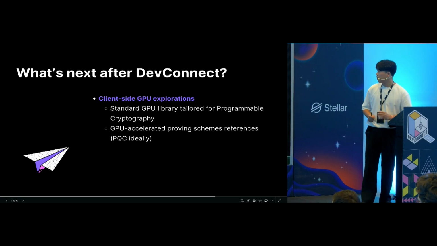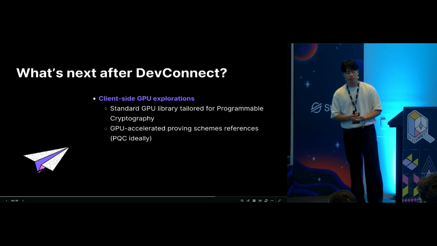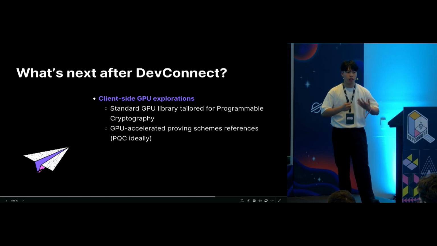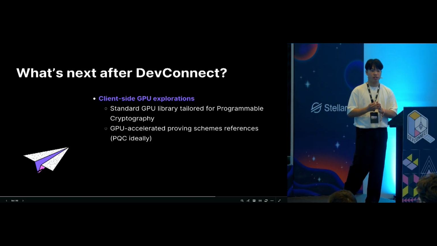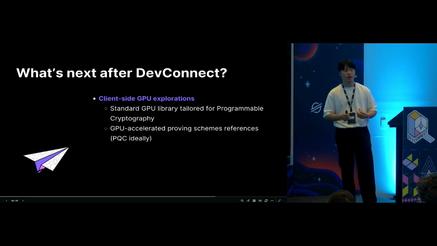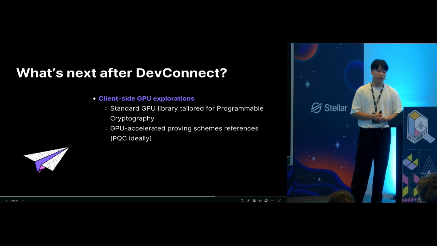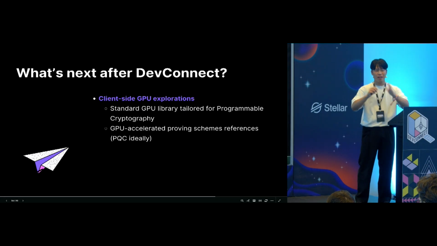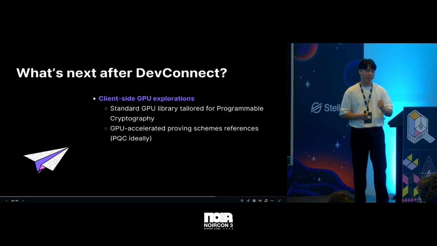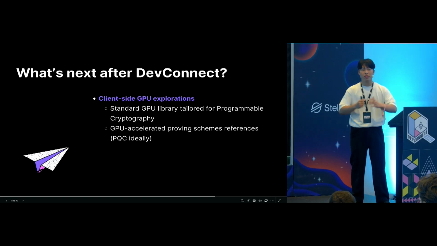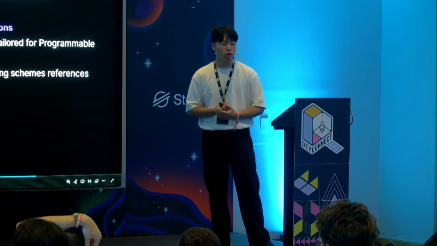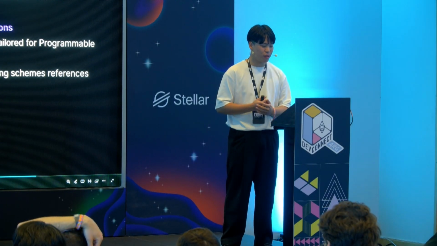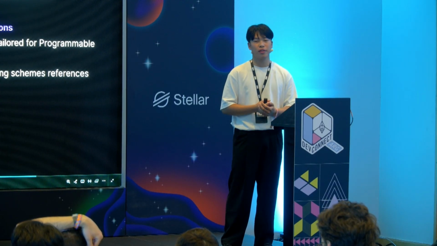And also, in client-side proving, performance is one of the things that we care a lot about, in order to make all of the scenarios very smooth for users, so they don't have to wait 10 seconds for proof generation. One direction is GPU exploration. So if any of you would be interested in this project, or you have built similar projects on GPU that run on mobile before, make sure to talk to us after this workshop. We would love to get your opinion and see how we can work this out